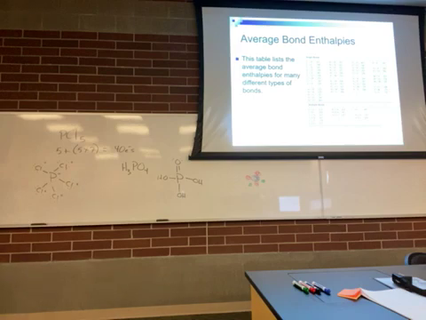So before we jump into the beautiful thing of Hess's law again, I just want to point out, look at the bond energies associated with single bonds and double bonds. So here you have a carbon-carbon single bond, 348 kilojoules, okay? Look at the carbon-carbon double bond. Oh, a lot more energy, 614. Look at a triple bond, 839. That's a lot of energy associated with it, which is why